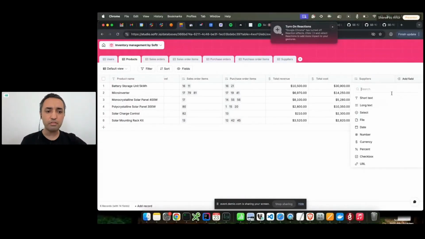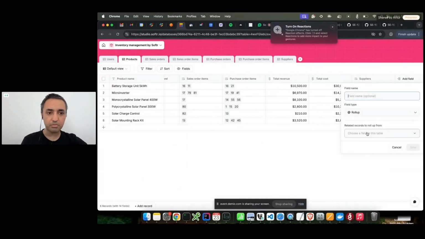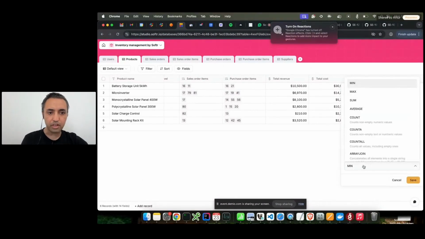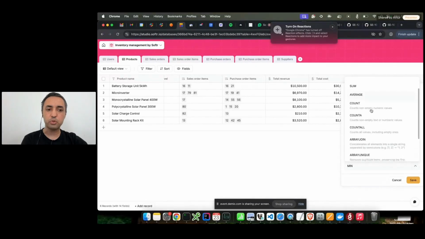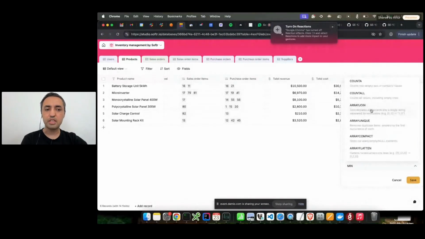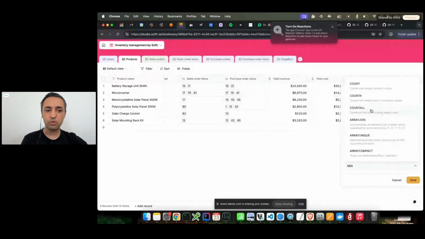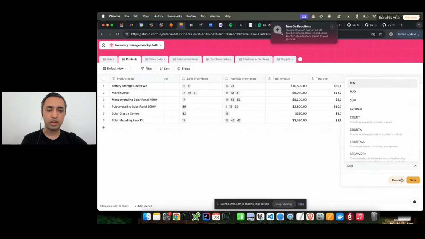So we do also have roll-up fields, which are a little bit simplified. When you select them, you also select the function, so you don't need to write a manual query. We exposed an easy way to select which function you want, either summary, average, count, array join, or whatever. Basically, whatever aggregate functions we have, we expose the easy way so that you don't have to deal with formulas.